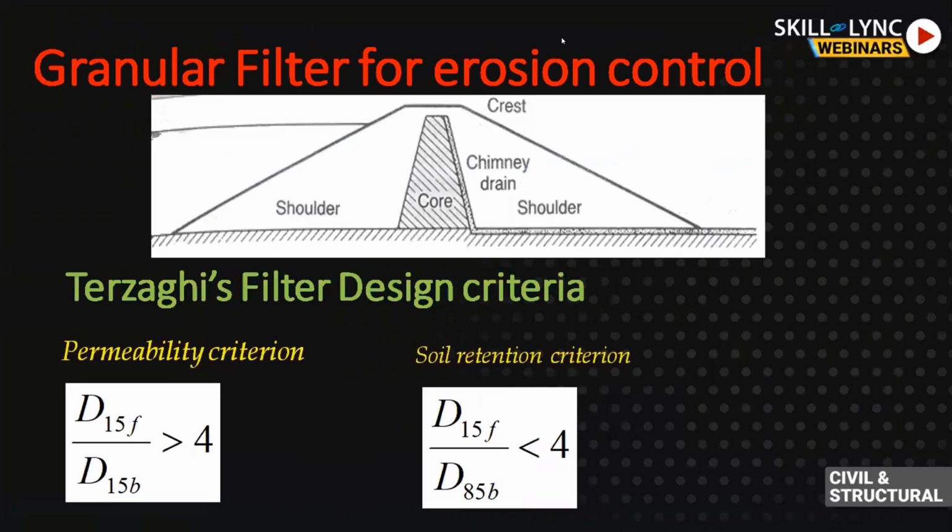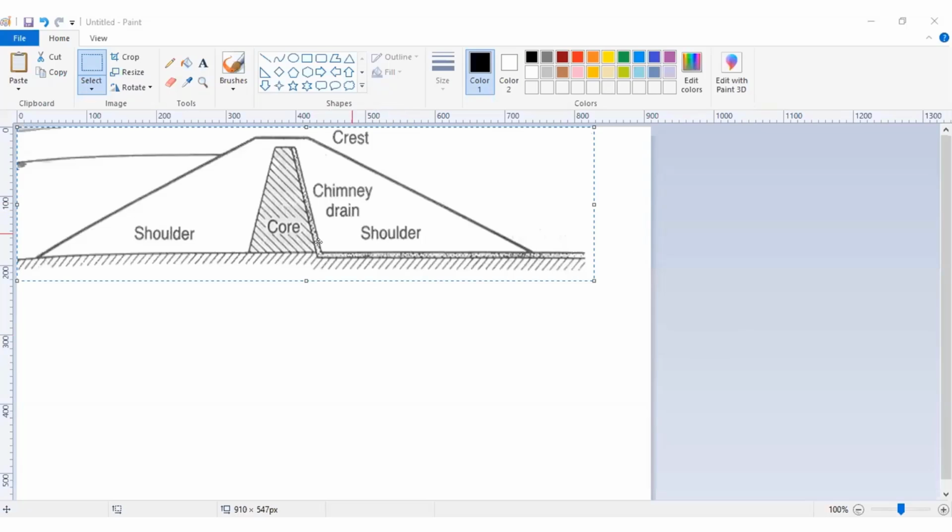You can see here, this is a typical cross section of an earthen dam. This is the typical dam section. This is a zoned dam section, which is shown on the screen. I hope you can see this. Now you can see there is a shoulder on the two sides. This is the upstream side, and this is the downstream side. And there is a core here, and then you provide shoulders on both sides.